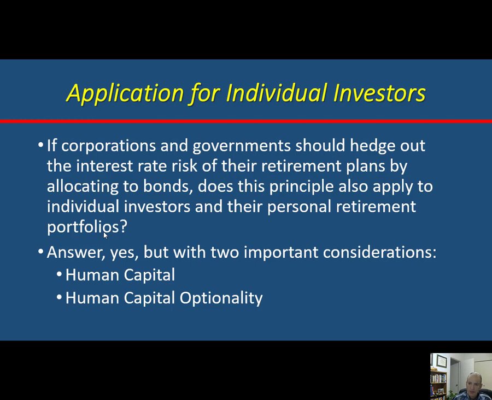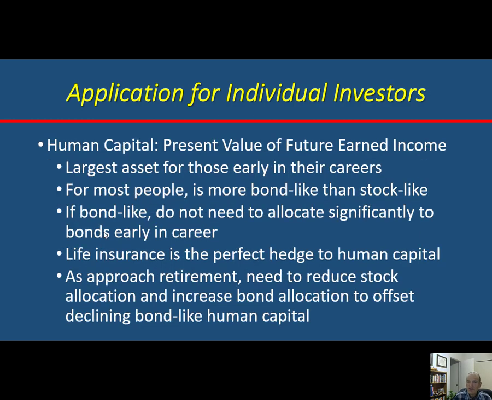They can hire humans and they pay humans, but human capital is an expense for corporations. But for you as an individual, human capital is probably your most valuable asset, and it's an enormous asset on your balance sheet. For college students, it's much larger than any other asset you have, unless you have a really wealthy family that you've got millions of dollars sitting in a trust for your name. If you're a typical college student that has more debt than assets, human capital is your most valuable asset. So what is human capital? Human capital is the present value of your net future earnings. It's the largest asset you have.